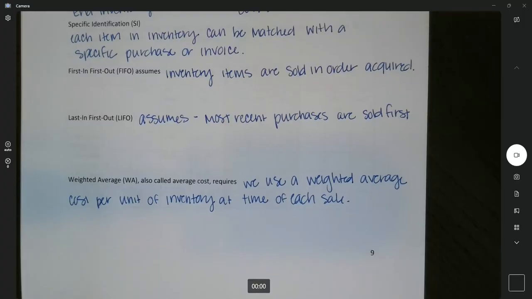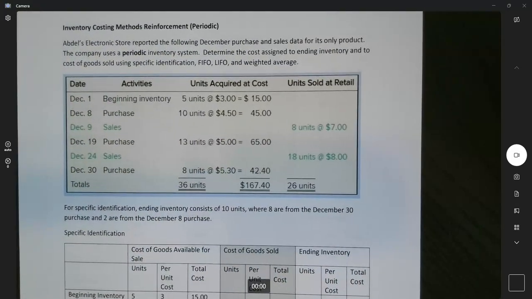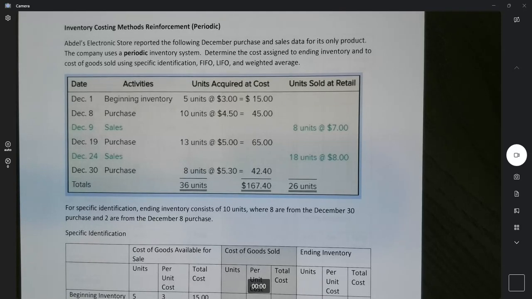Advantages to this one include that it will smooth out erratic changes in costs. Now we're going to look at some examples. We have Abdel's Electronics Store and reported the following information for December. We've got purchase and sales data. We're going to utilize this information to determine things like cost of goods sold and ending inventory related to specific